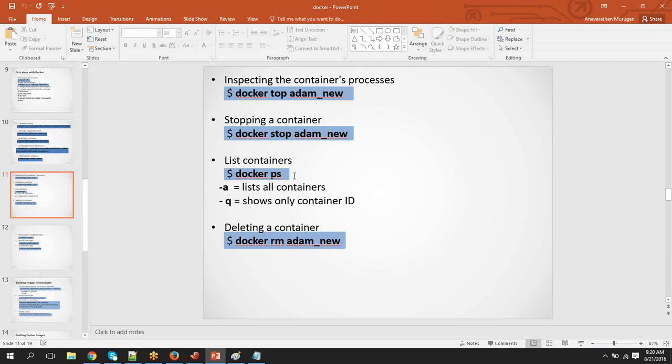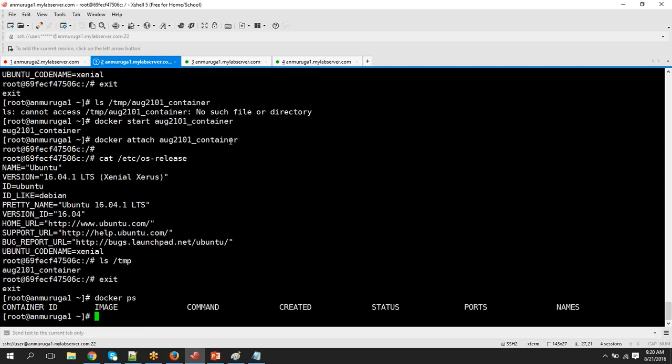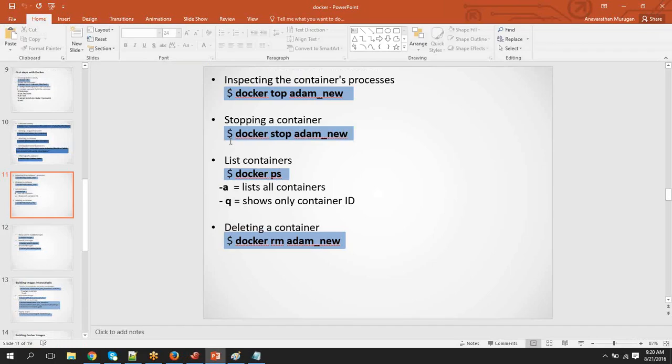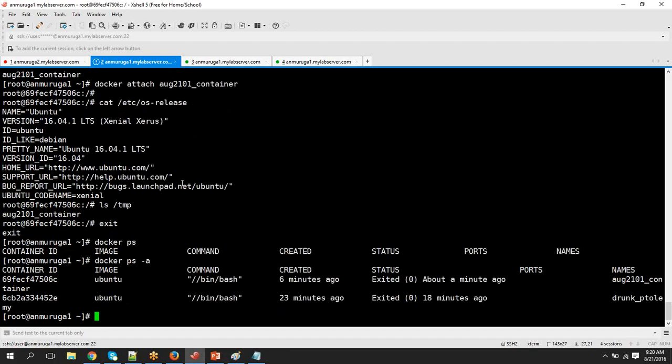Okay, so docker ps will give you the list of all containers that is available. So now if you say docker ps, it is not showing anything. That is because by default, docker ps will show you only those containers which are running. So if you want to see all the existing containers on this machine, then you use the option -a. So for that, if you use -a, now you see it says what is the ID of